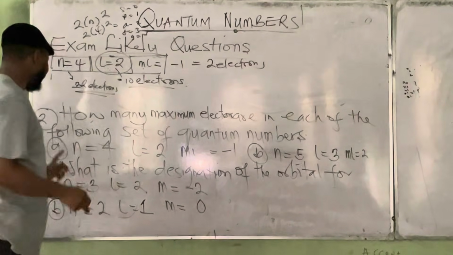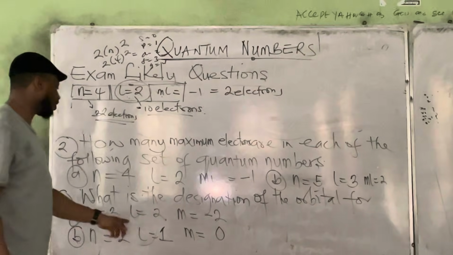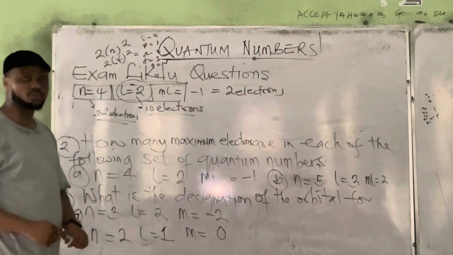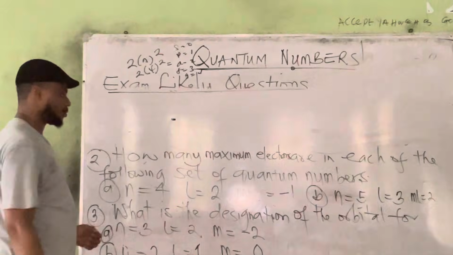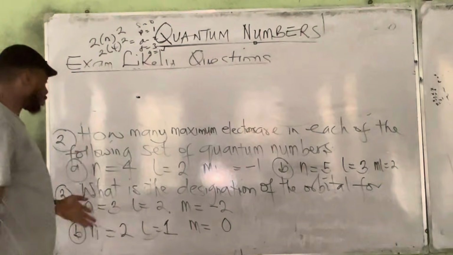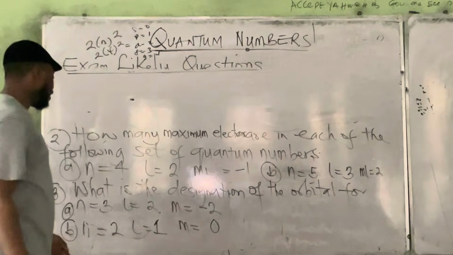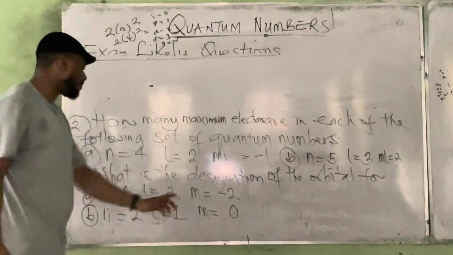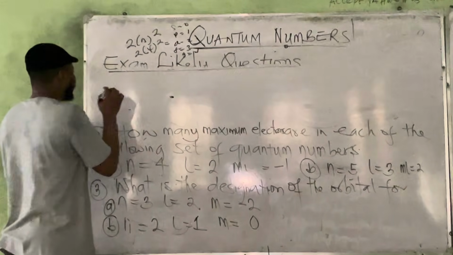Alright, so now let us look at designation. What is the designation of the orbital for n equals 3, l equals 2, and m equals -2? I told you that m and ml are the same. Now look at this. I want to show you this. When it comes to designation,